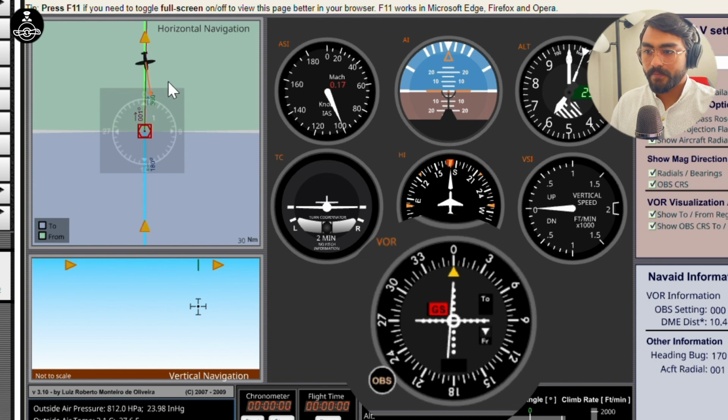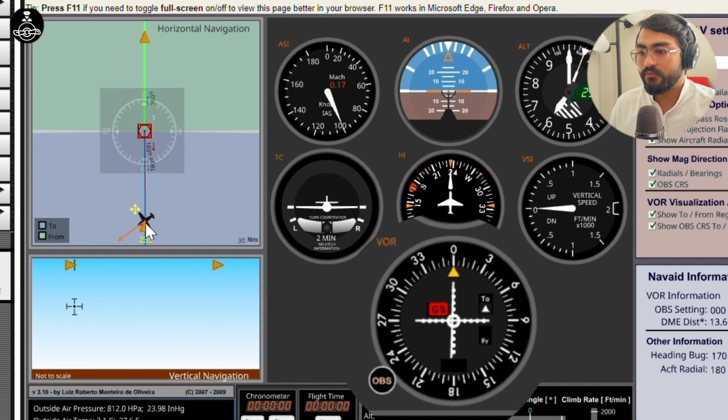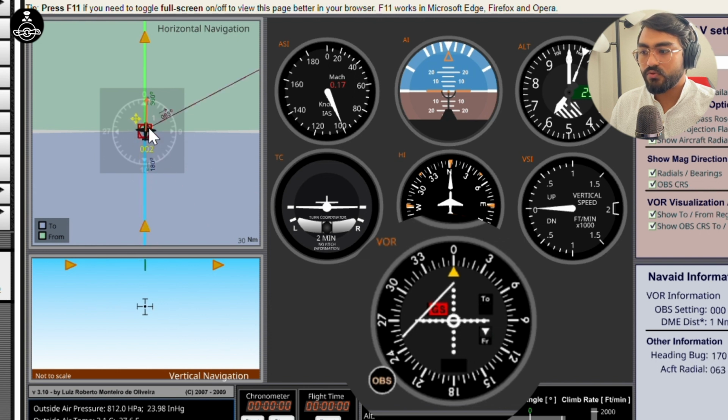Continuing the example, we have course of 360 set in the OBS. Let's say we are flying to the station from south. What happens when we cross the station? We reach the cone of confusion and we would see the to or from flag disappear and then flip to from indication, and we continue going. What if we are somewhere around here? When you are flying in the purple region, the to region, you are off course, you have to turn left to reach your CDI, but you continue going, and then there is this very little zone